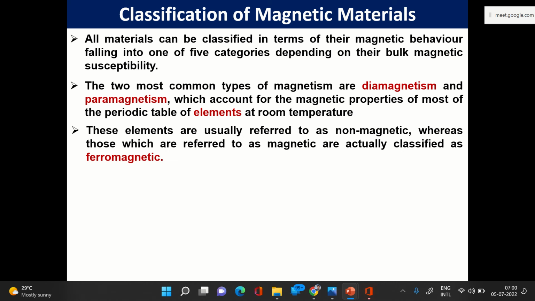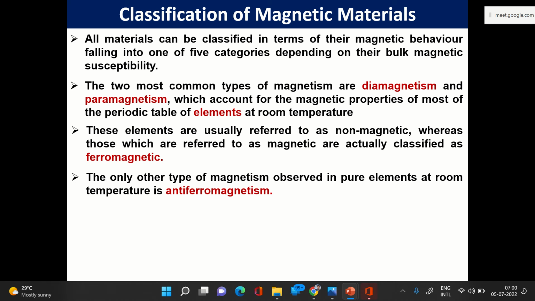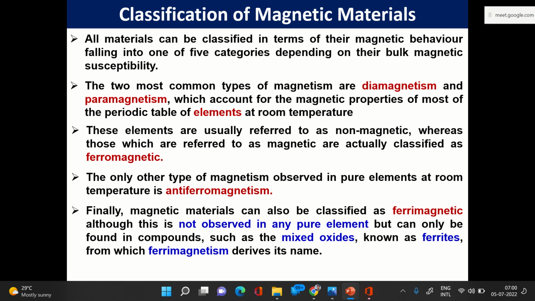Based on that behavior we classify them: diamagnetic, paramagnetic, antiferromagnetic. And then, as I was telling you yesterday, there is a fifth type of magnetism, which is not found in pure elements but in mixed oxides. That is typical of ferrites, like Fe3O4. Magnetite is one example of that, and that's why the name ferrimagnetism, the type of magnetism found in